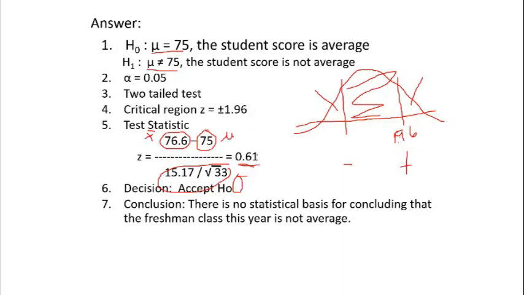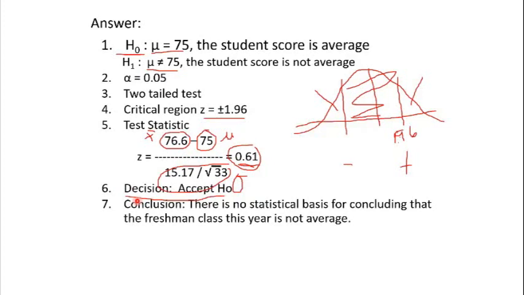So where is our z of 0.61? If we look for it, it is inside our critical region, which is plus or minus 1.96. Since it is not in the rejection region, we accept the null hypothesis. So our decision here is to accept the null hypothesis. And then for the conclusion, since that is our decision,